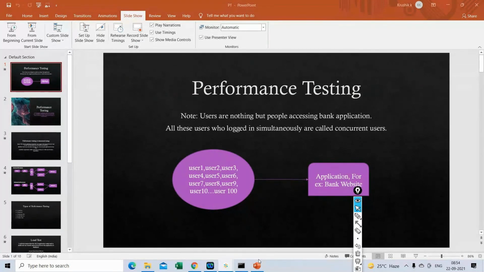So what is our requirement? We have to focus on that. What is the client asking us to do? If the client is asking us to test with 100 users, we have to test with 100 users. We cannot test with 2, or with 20 or 30. We have to test with 100 minimum.